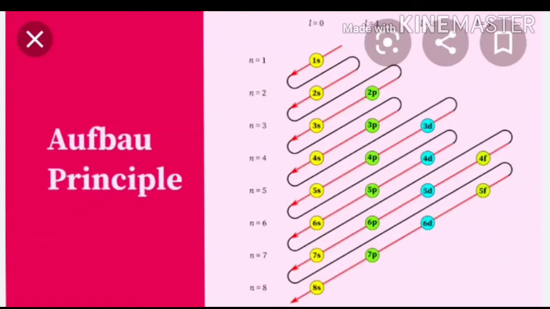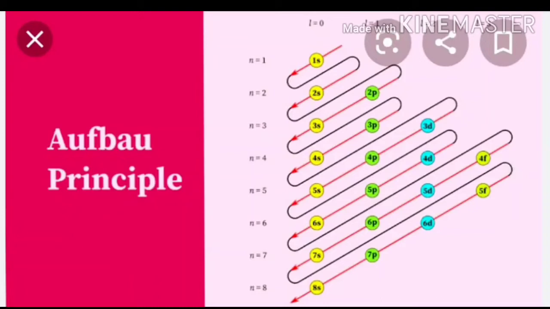So for example, to find out the energy of 3d and 4s subshells. The value of n plus l for 3d is 3 plus 2, we got 5, and for 4s it is 4 plus 0, we got 4. So the energy of the 4s orbital is less, therefore the electron will enter the 4s orbital